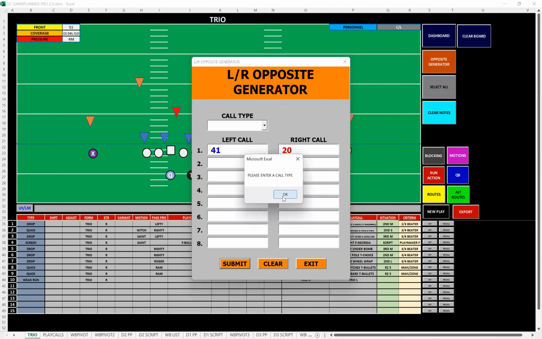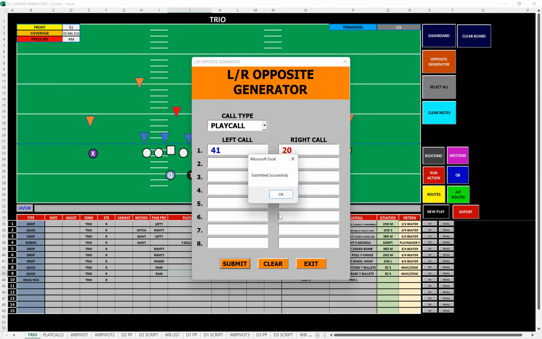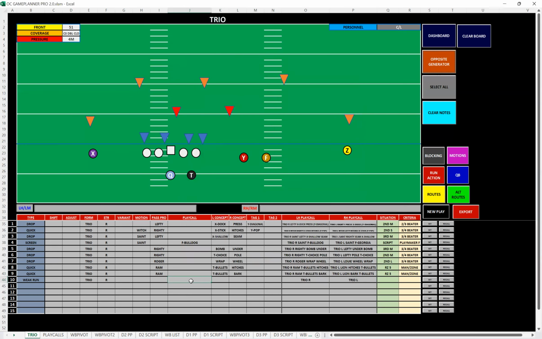Okay, it's told me to enter a call, so on a play call. Okay, submit that. Okay, it's going to say submitted successfully, exit. Okay, now if I wanted to call 20 here,